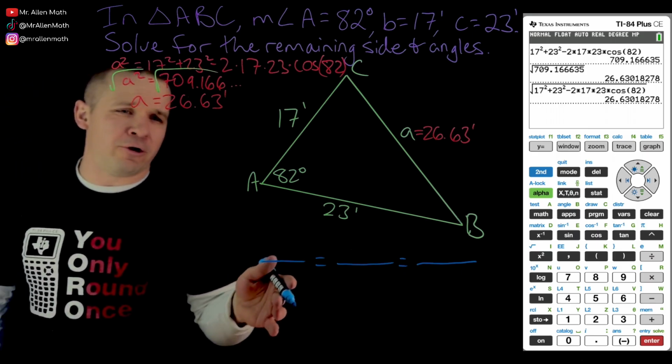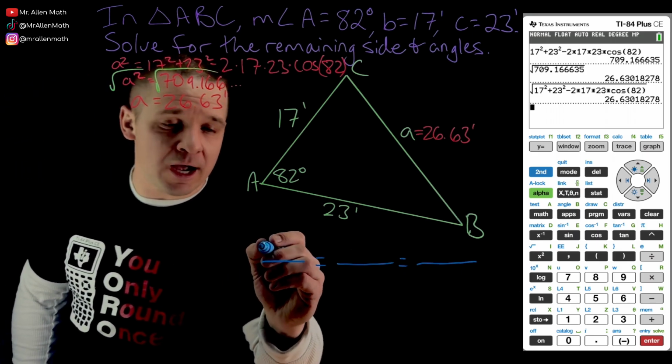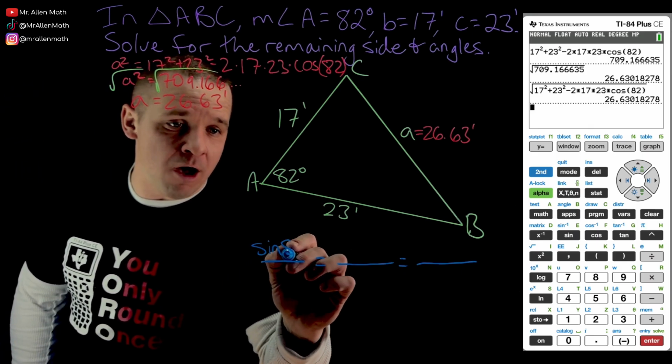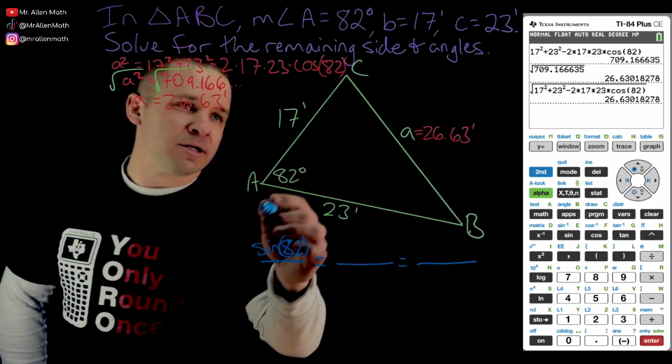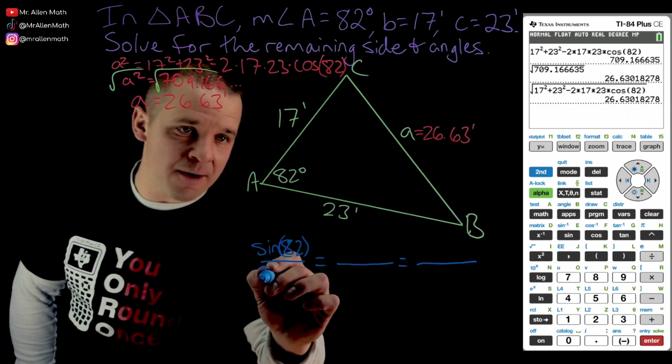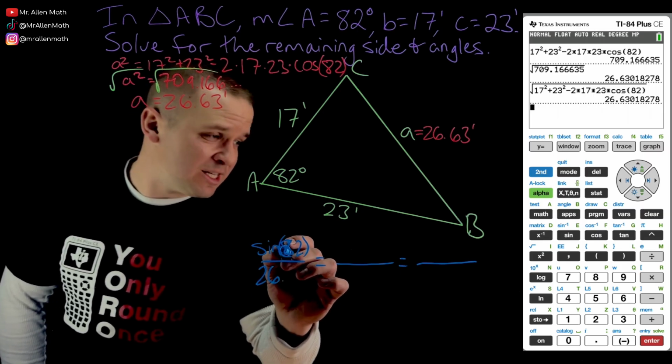I'm sure there's some kind of hoity-toity math person out there that's like, it's got to be this way. I don't know. I really don't know. I'm going to throw the signs up in the numerator, and hopefully I don't get yelled at by the math community. All right, so sine of 82 over its opposite side there, 26 point,